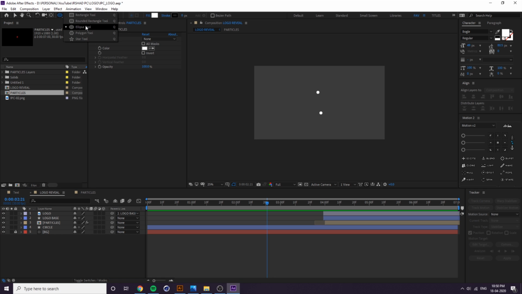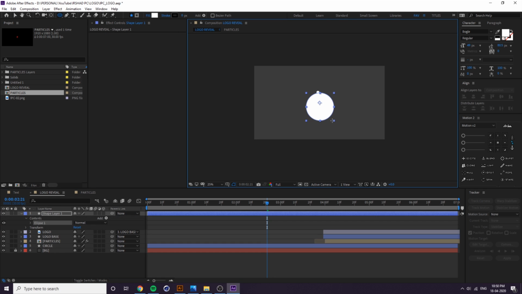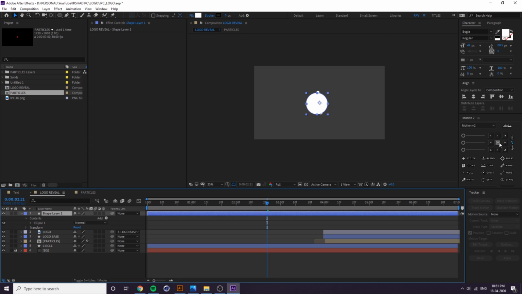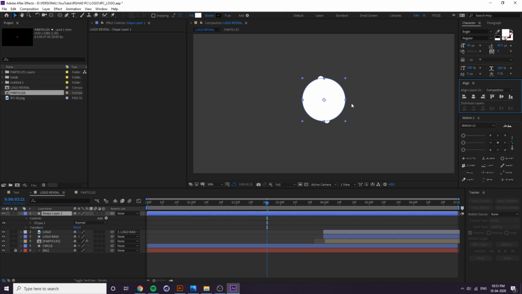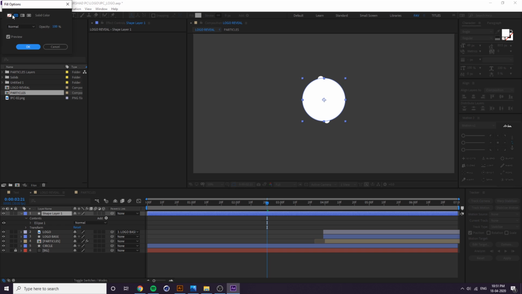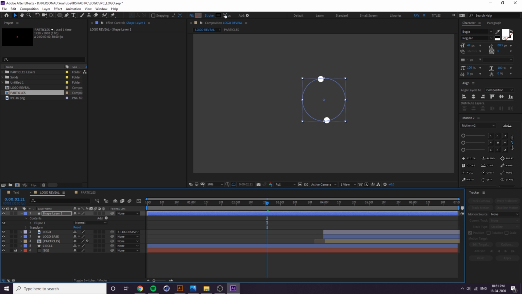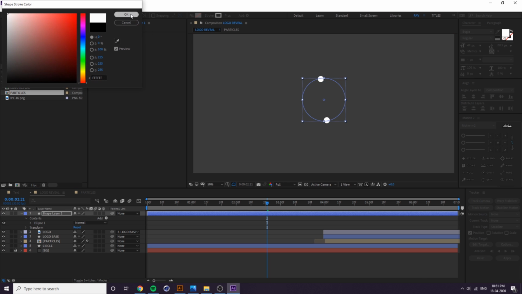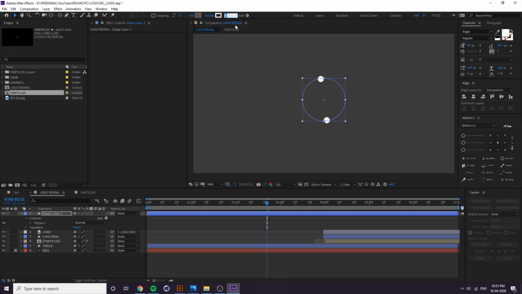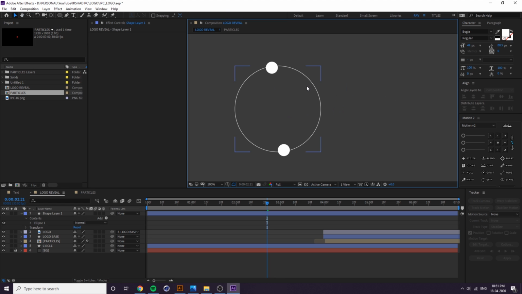Now you can add some extra elements. So create one circle. You can create one trail. So make it the center. Make it the center. Now you have to change the fill color. If we don't want fill, just click on the fill text and remove the fill, and add a small white stroke. You can add 1 point, that's fine. Now